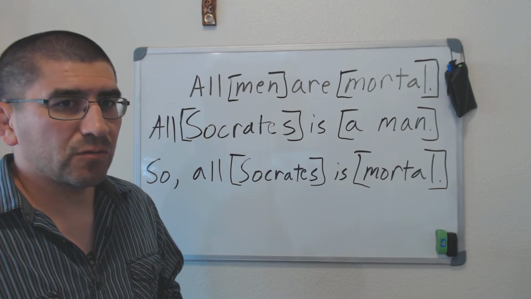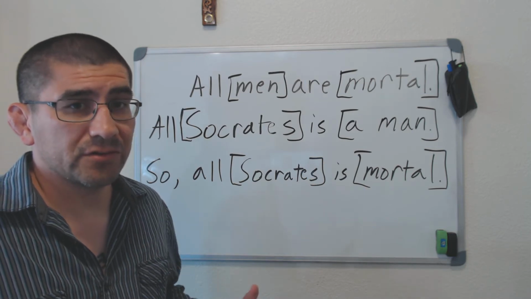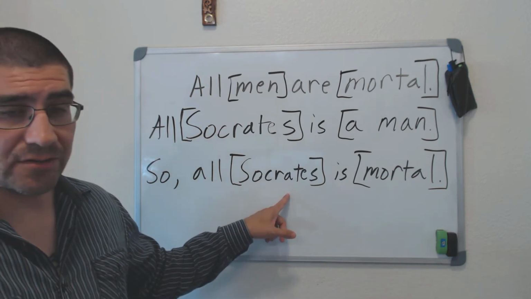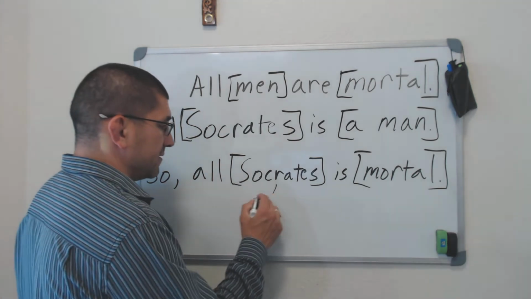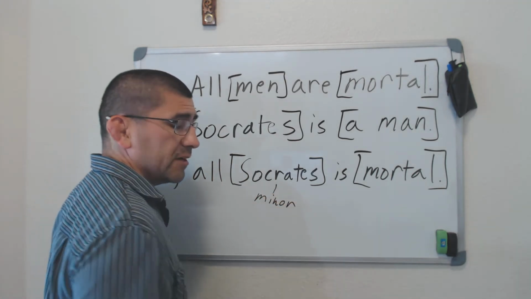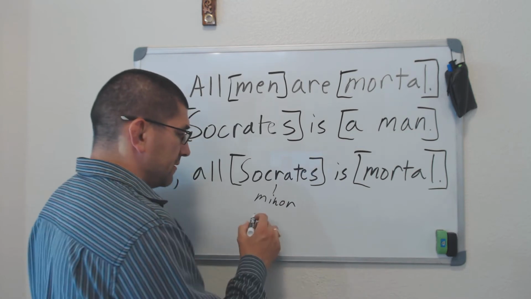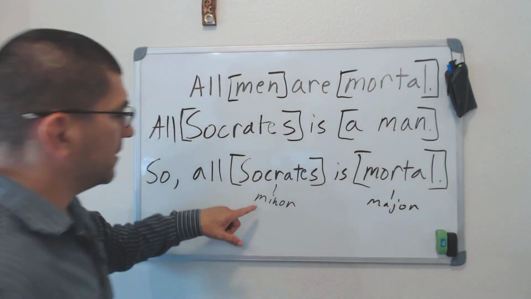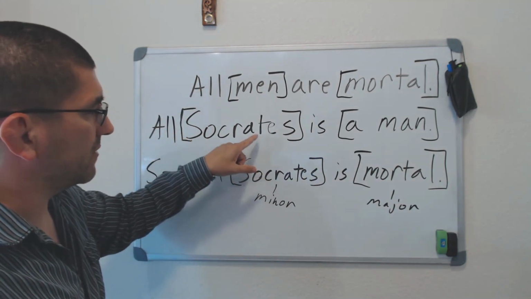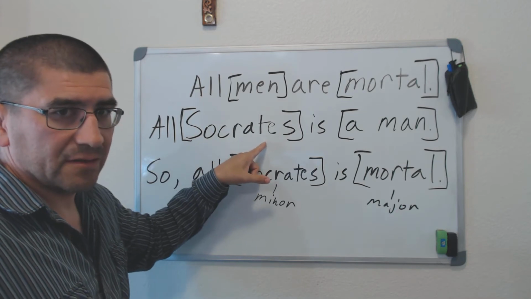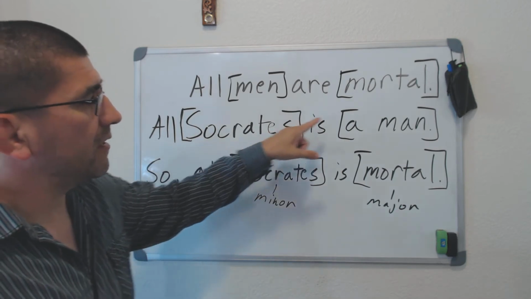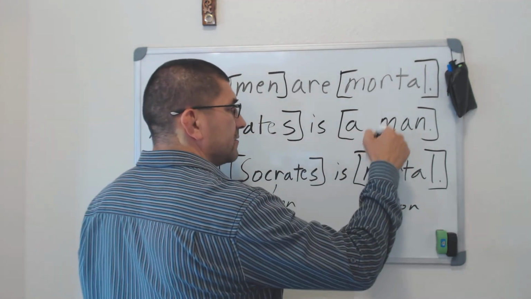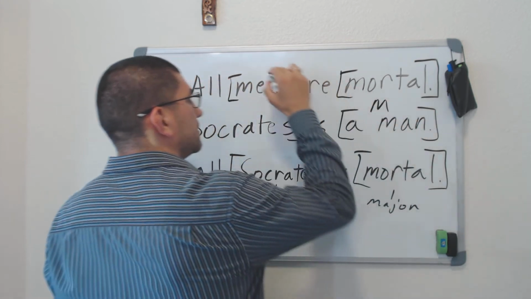So this one requires that you know what the middle term is. All right, I already pointed it out. This one's the minor term. Let me write that. This is the minor term. Why is it the minor term? Because it indicates the minor premise. This one's the major term. Okay, so as soon as I find the minor premise right here, that means Socrates is the minor. This is the minor term. Okay, and the other term must be the middle term. All right, so this is the middle term. I'm just going to put an M over the middle term.